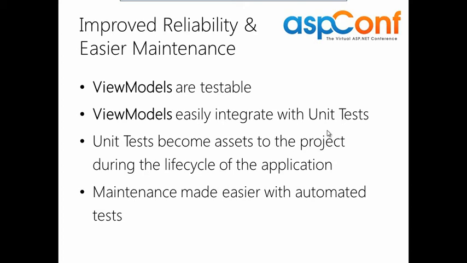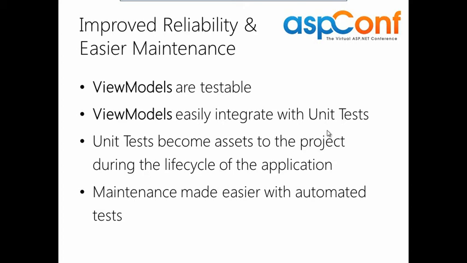So you're unit testing your view model so that you know if your logic is sound or where there are bugs, where there are breaks, and if your view model is going to fail before you even try hooking it up to a view. So those unit tests become an asset to your project,